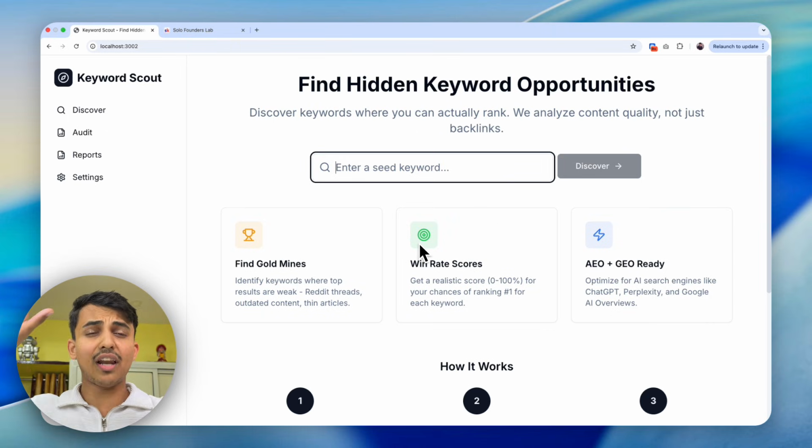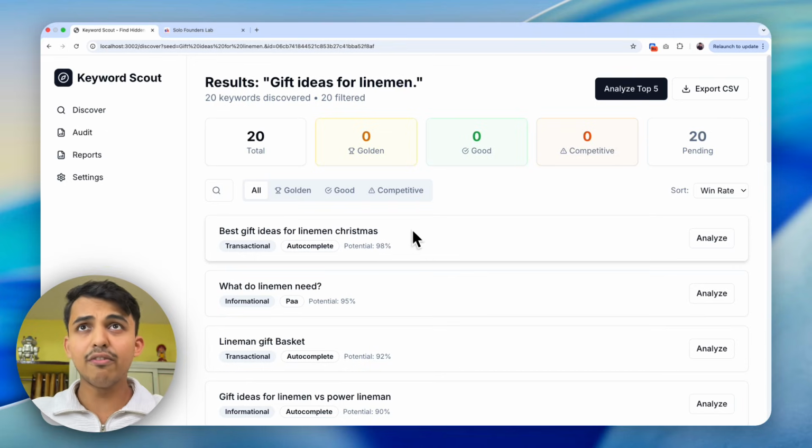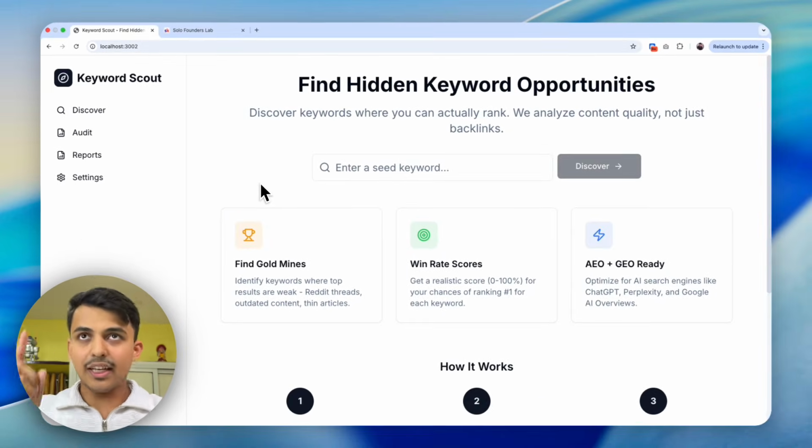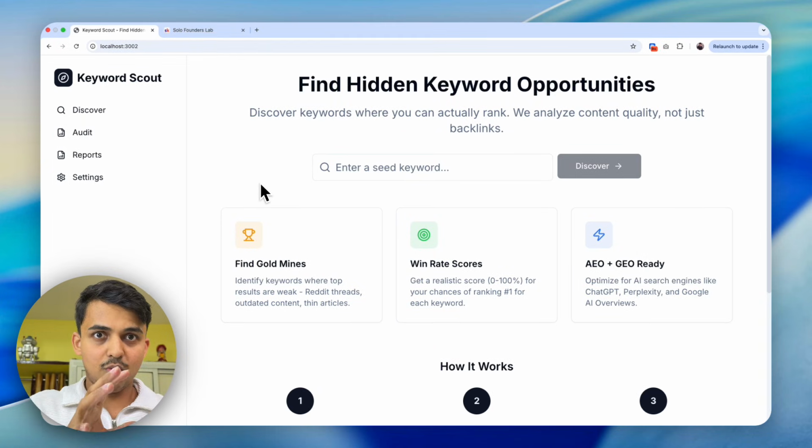And I'll be showing you how you can absolutely implement this, use this for free, for life, and then forever, okay? That's the thing. First, let me actually explain how does this work, right?